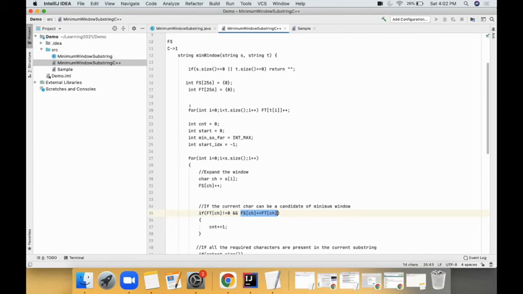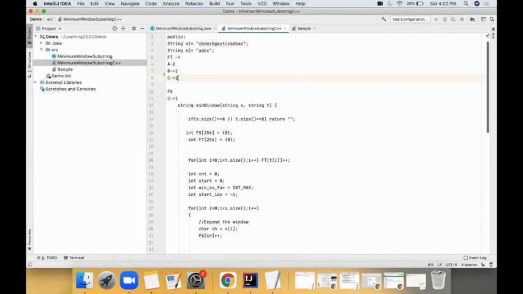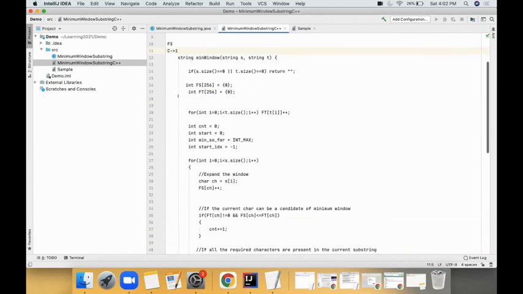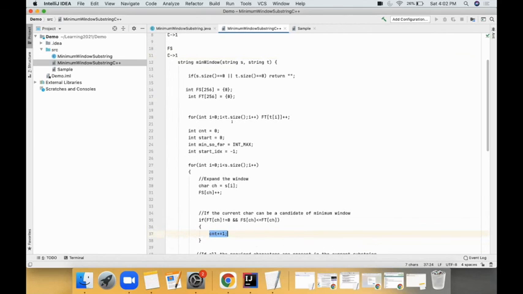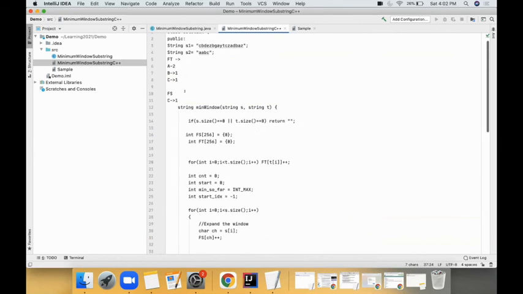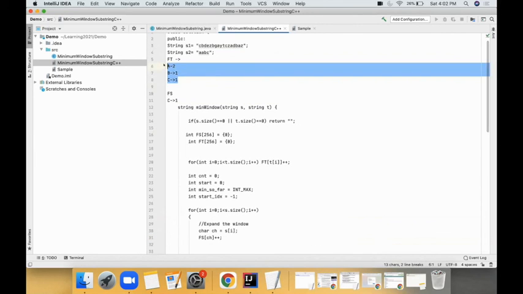So my count is 1 and what is expected is 1. So it is less than or equal to, yeah. So I can have one global variable to check whether I found a string or not. I have to find, whatever is the length of this, A, B, C, so I have to find 3 different characters. Once I found all those three, then only I can have an answer to my problem.